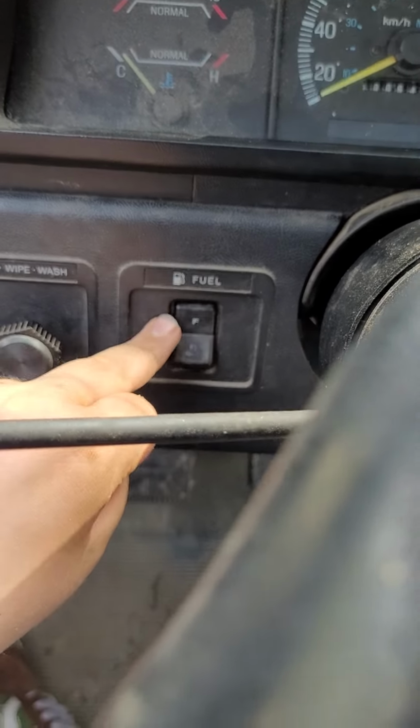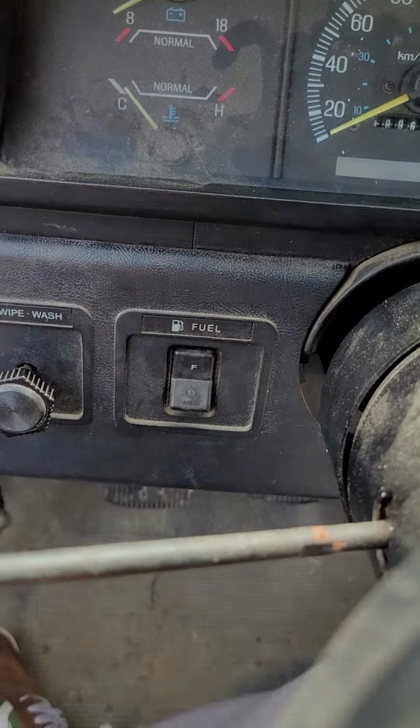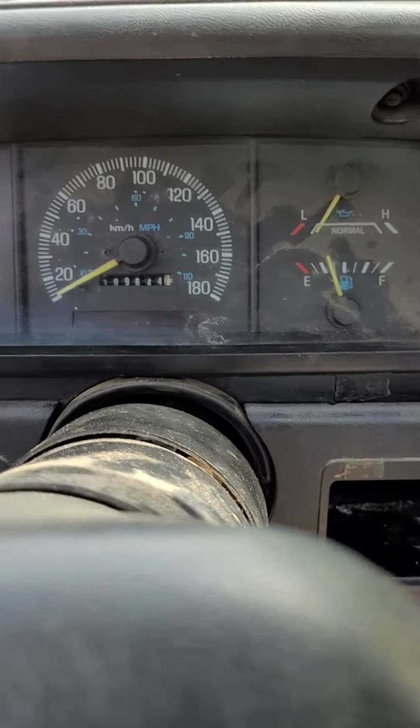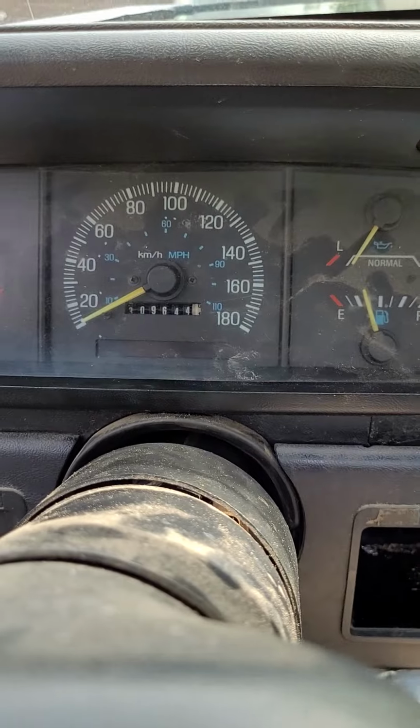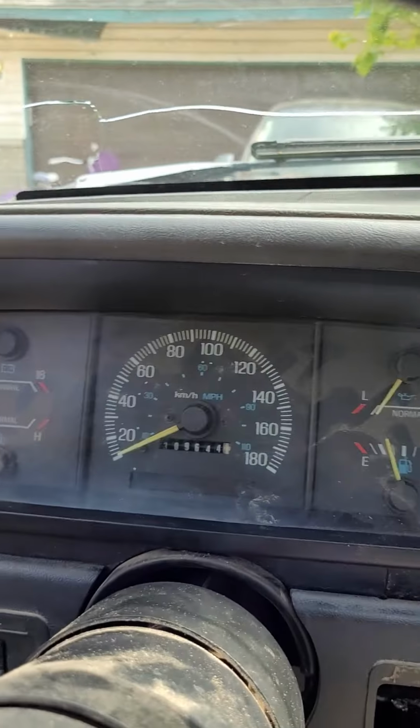And that's my fuel tank. I've got my front one, which is a 72-liter tank, and my rear one, which is a 69-liter tank. It sits at 310,000 kilometers. Pretty old, but